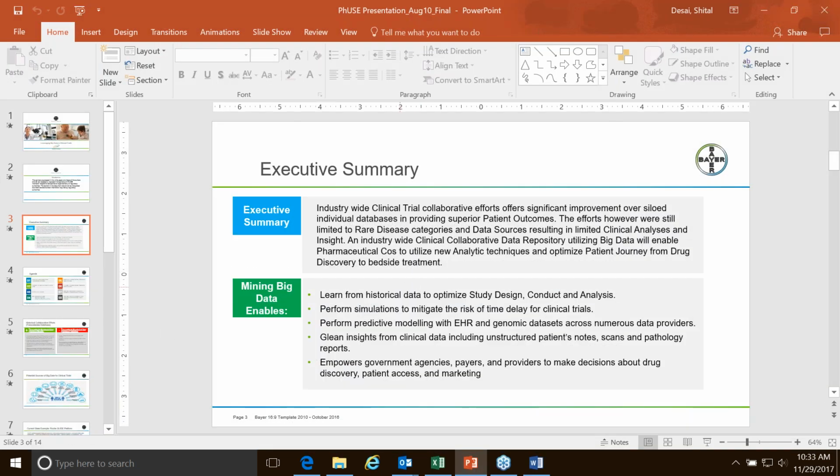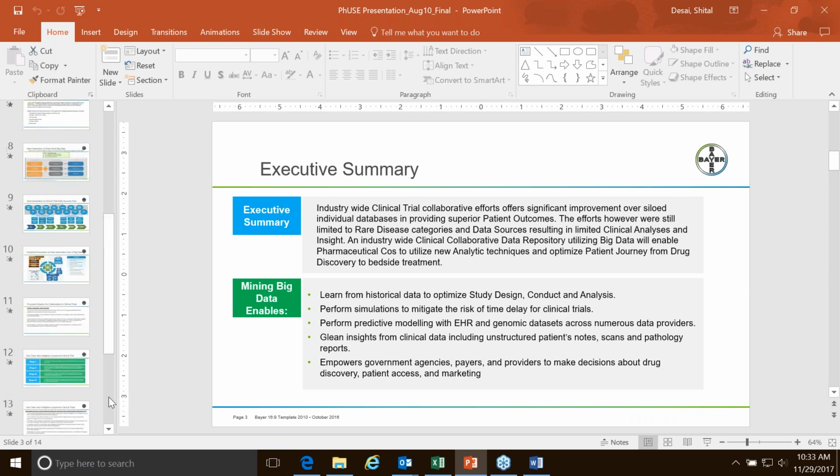I just wanted to give you a flavor for the presentation itself. We were talking about how you can leverage machine learning, Google TensorFlow, and statistical optimization algorithms to mine clinical data repositories for study design and analysis, as well as identification of clinical endpoints by mining genomics data sets. But in order to do that, there are privacy rules and data collection rules that have to be adhered to.